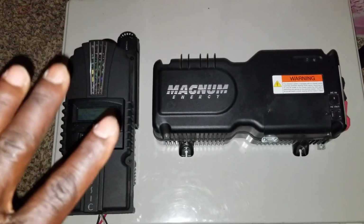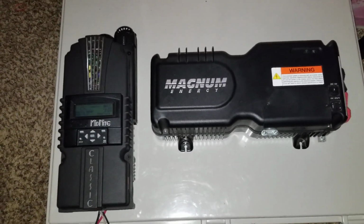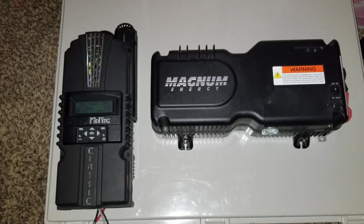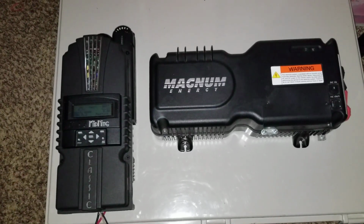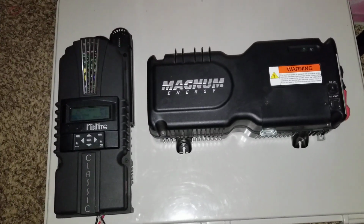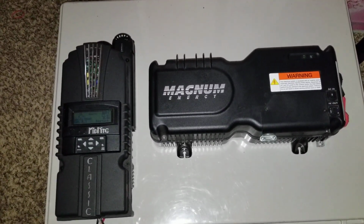I don't know. It's going to come with different specifications here. I don't want it to be too small. I want it to be able to power a refrigerator, power my TV, and power two or three things simultaneously. So that's what I was thinking, using the Magnum, which is the